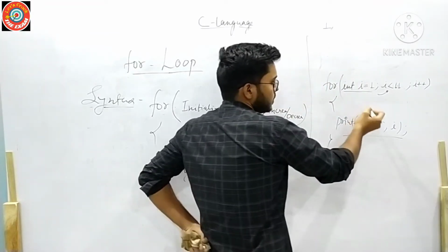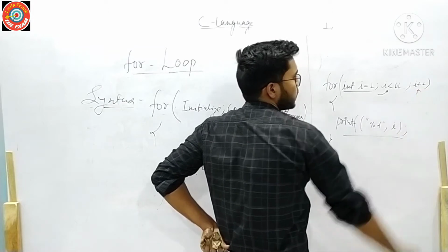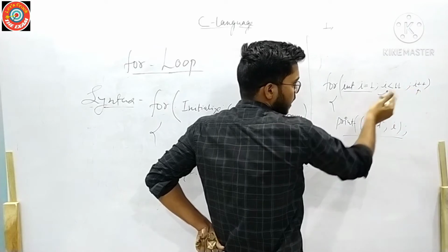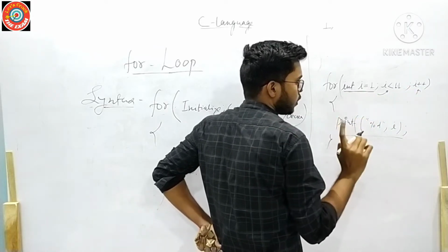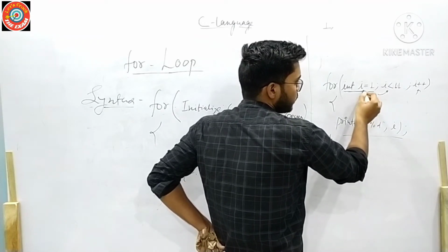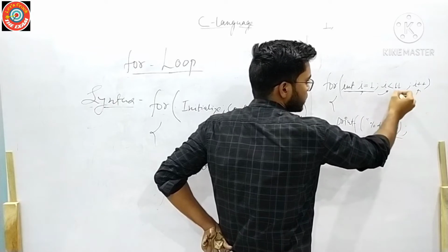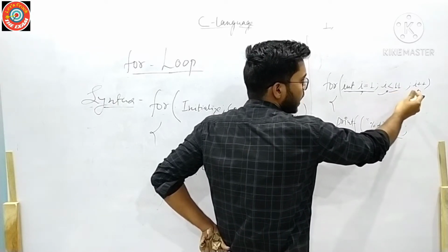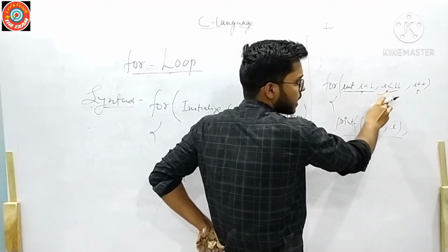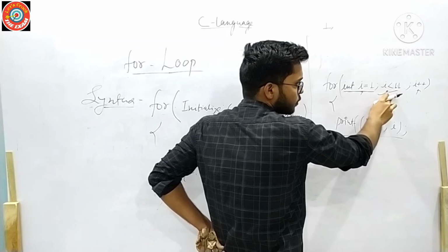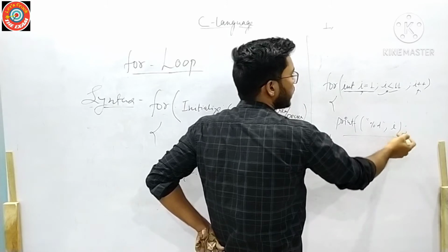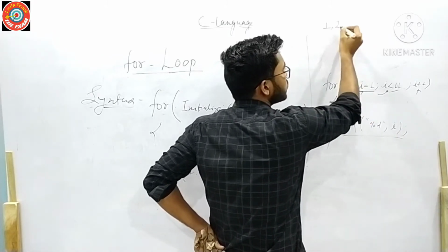Then it will go to the increment operator, so the value of i now becomes 2. The initialization occurs for the first time only; the compiler will not come here again. Now it will check the condition whether i is less than 11 or not. The value of i is 2, and yes, it is less than 11, so the condition is true. It will again come to the print function and print the value of i. The value of i is now 2, so it will print 2.